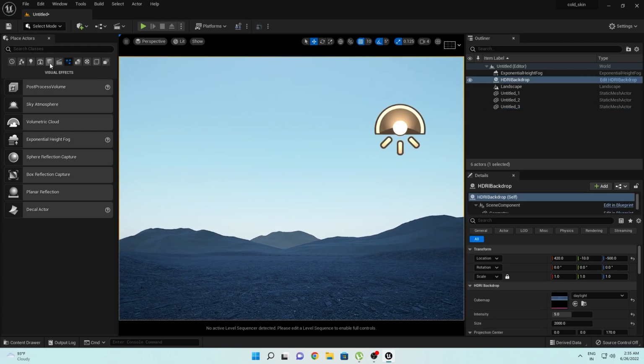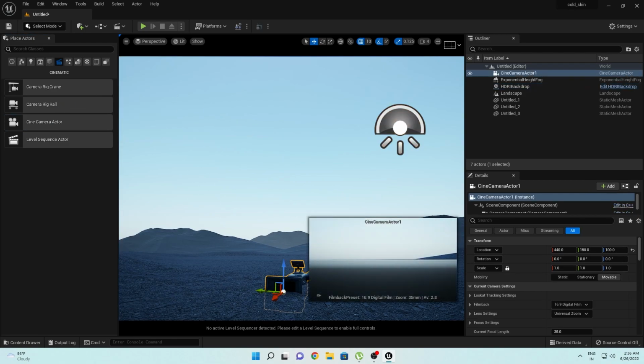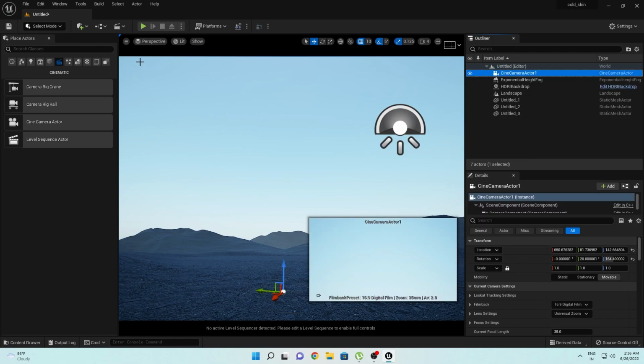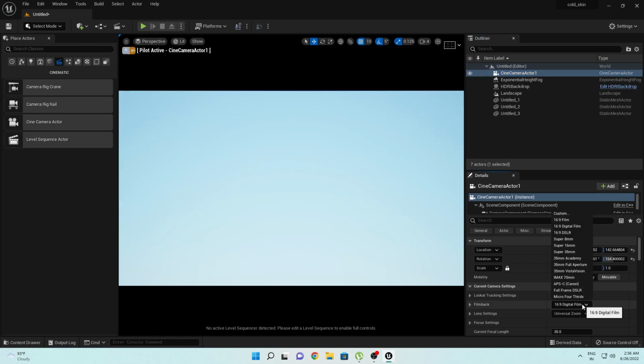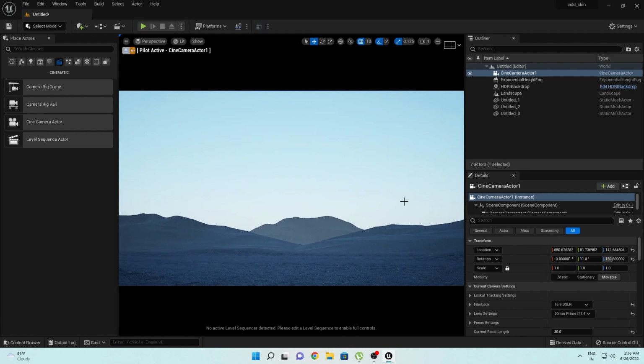And let's add a camera so that we can work on a particular frame, not in other areas. This will be easy for us. So let's go to this Cinematic option and go to this Cine Camera Actor and drag and drop this one to here, then select this Cine Camera Actor, right click and Snap Object to View. Then go to Perspective and select this Cine Camera Actor. You can choose any of these options. So I will choose 16:9 DSLR, and for the lens I will choose this 30mm prime. Okay, so this will be my frame,